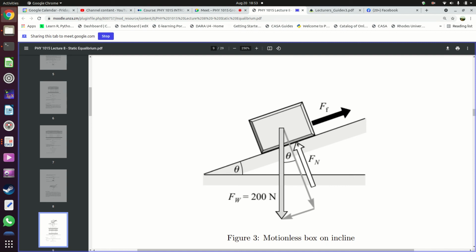So, the normal force, the angle it makes is 90 degrees. The friction force, the angle it makes is 180 degrees. Then this weight, the angle it makes, if we assume that this theta is 30 degrees, then the angle this weight is going to make with the positive x-axis, which will be this direction, is going to be 300 degrees. So with that information,